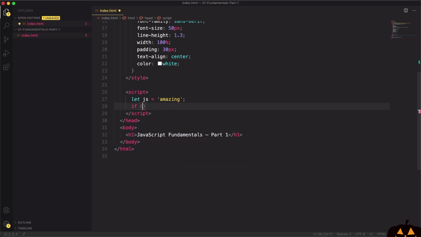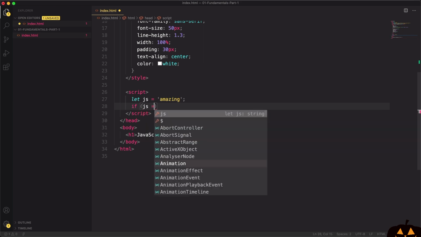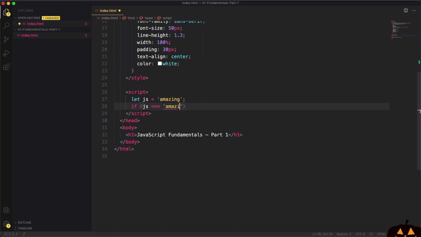So, just like before, we are then saying if JavaScript is amazing, then alert that JavaScript is fun. And once again, don't worry yet about how this code here works, okay? Just type it for now and just have a general idea of what it does. Now to actually execute this code, so in this example, to show this alert window, all we have to do